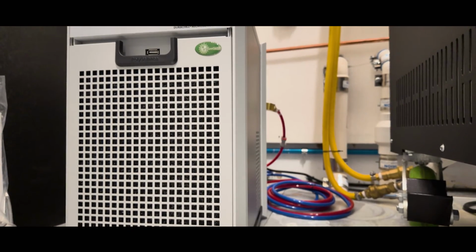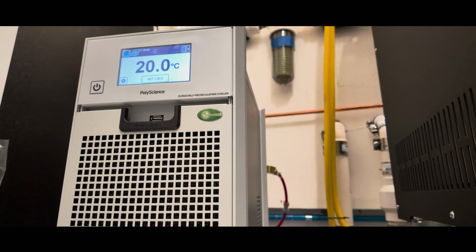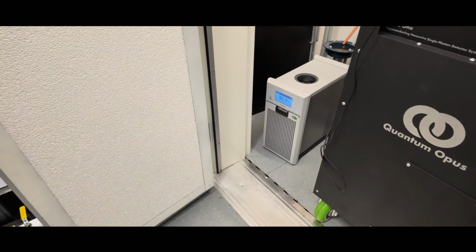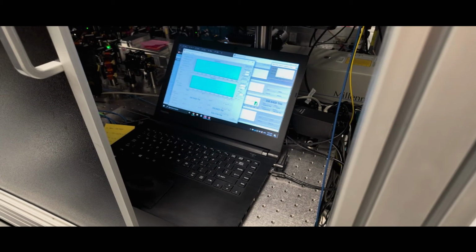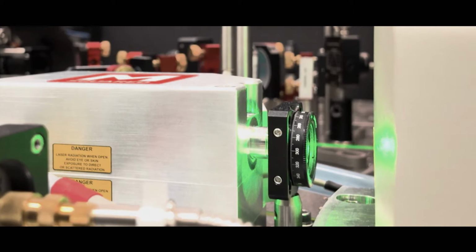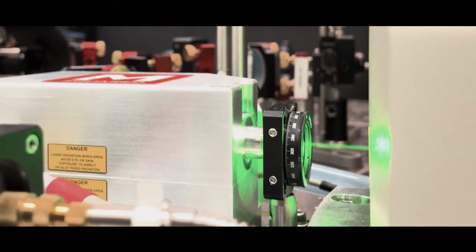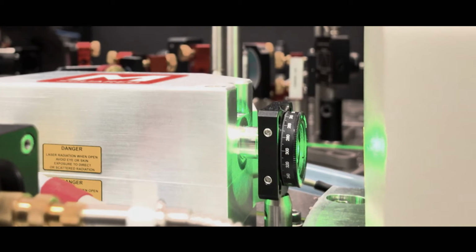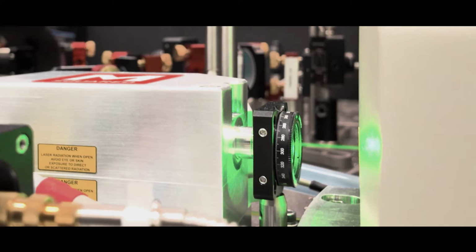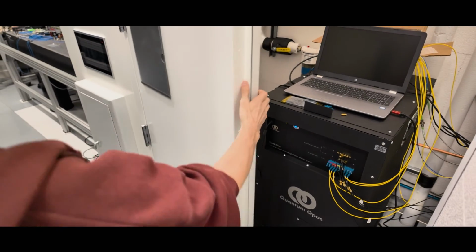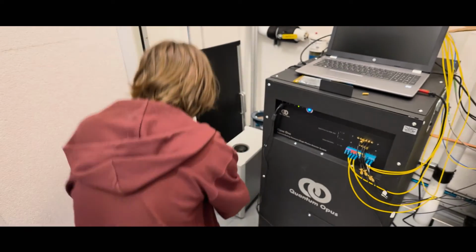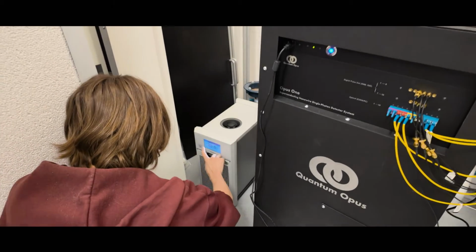The PolyScience DuraChill is doing a great job for us. We just fill it up and press start, and it's been keeping our laser at a steady temperature with no issues. We have a Sierra Matisse TISAF laser. That's one of our newest lasers in the lab. Very powerful laser, which also generates a lot of heat. So in order to keep that heat at a manageable level, we use the DuraChill chiller to maintain a steady